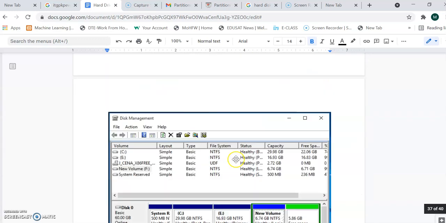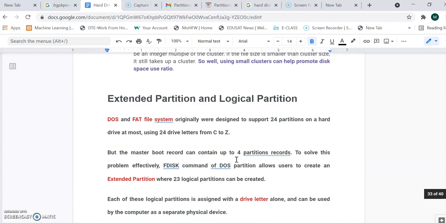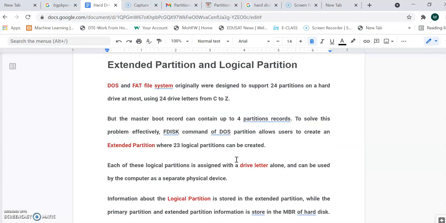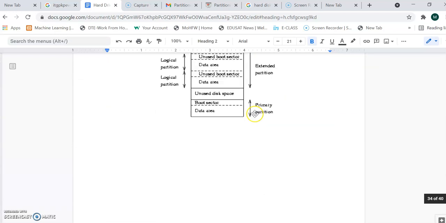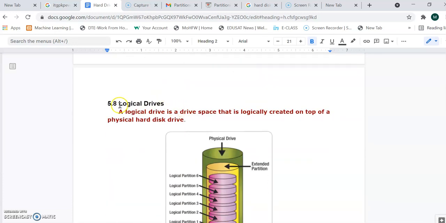In the last video we have seen what is a partition of a hard disk, and which are the different partitions. Primary partitions mean containing bootable information and operating system information. If we require more than 4 partitions, then we have to use an extended partition. The extended partition is a theoretical one, and for actually making the partitions logically, we require the logical partition. So the same point in detail we will learn in this one point, that is a logical drive.